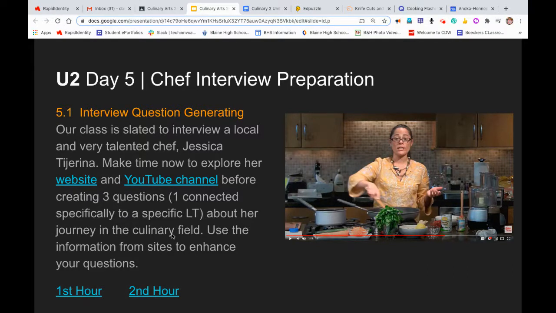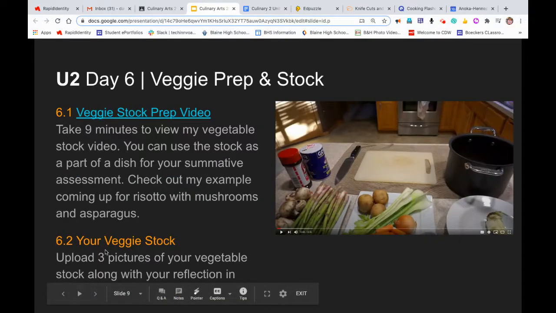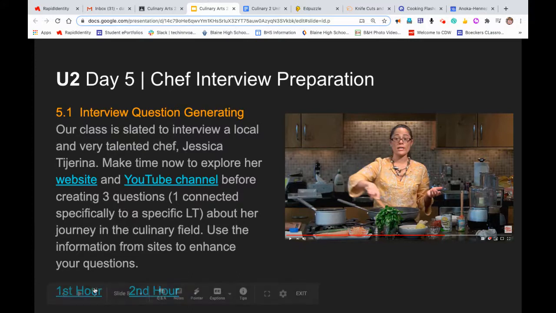Day 5, this is preparation for a really exciting activity at the very end of the unit, and that's to interview a chef. I've already asked a guest chef, Jessica Tijerina, to share with us a little bit about her expertise. Before you start asking questions and creating those questions, you're just going to click into either first hour or second hour, and you're going to add your questions here to the link for first hour or just below here